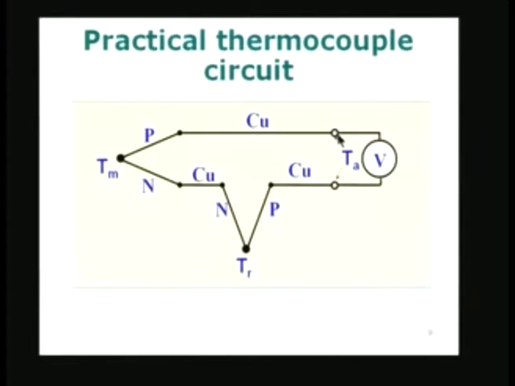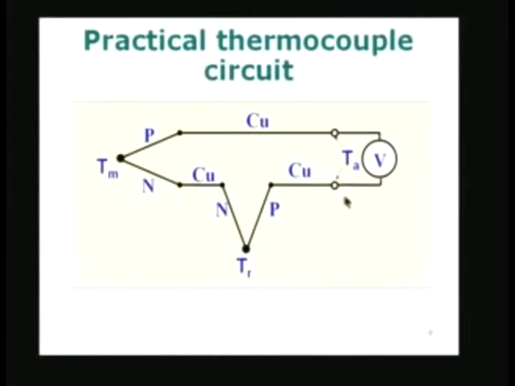And you can see here, I have again a voltmeter connected using two junctions. If these two junctions are at the same temperature as these, all these extra junctions which are formed, 6 of them, if they are at the same temperature, or at least these two are at the same temperature, these two at the same temperature, and so on, we can guarantee that there will be no extra voltage developed due to thermoelectricity, and therefore the voltage measured here is purely due to the temperature Tm and Tr.